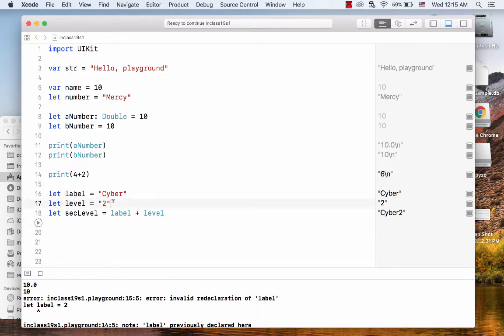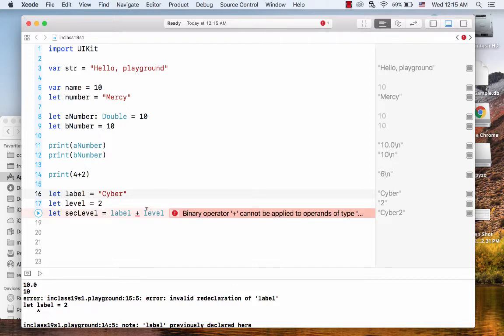Rather than wait, let's keep going. If it is not a string but a number, then string plus number doesn't make sense, right? The plus sign will work. The plus sign is a binary operator, which means two operands are needed. So 4 plus 2, then this plus sign is the adder in mathematics. But on the other hand, if you have a string like cyber